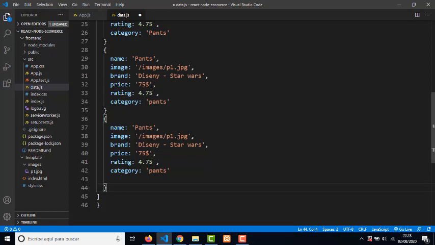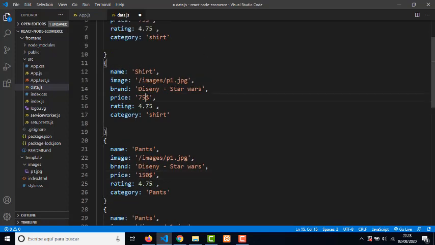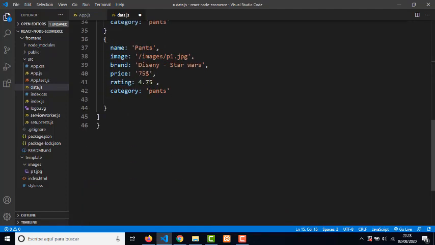Of course we're gonna change it, we're gonna put 123 and 151, and the price for this is gonna be 88. 88 bucks is a lot of money, and I put 170,